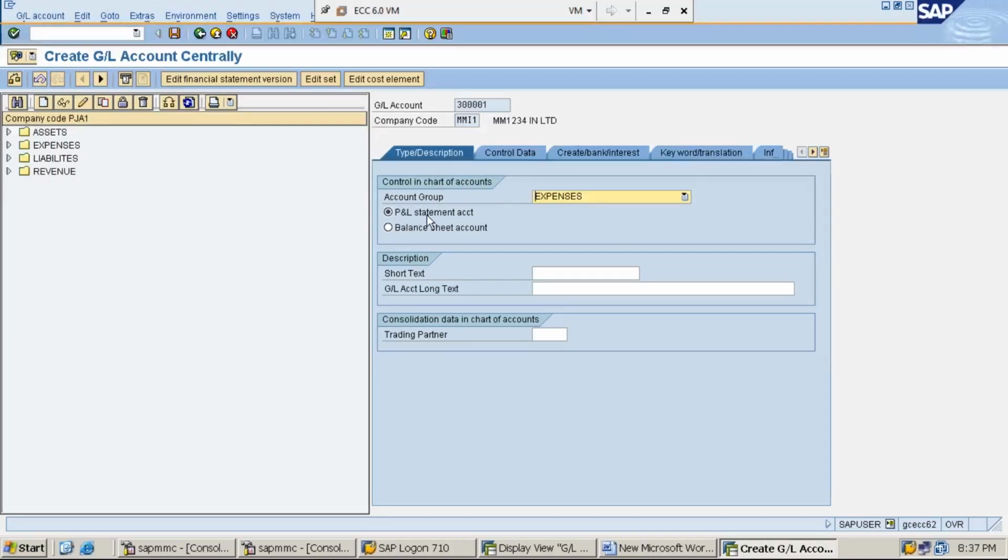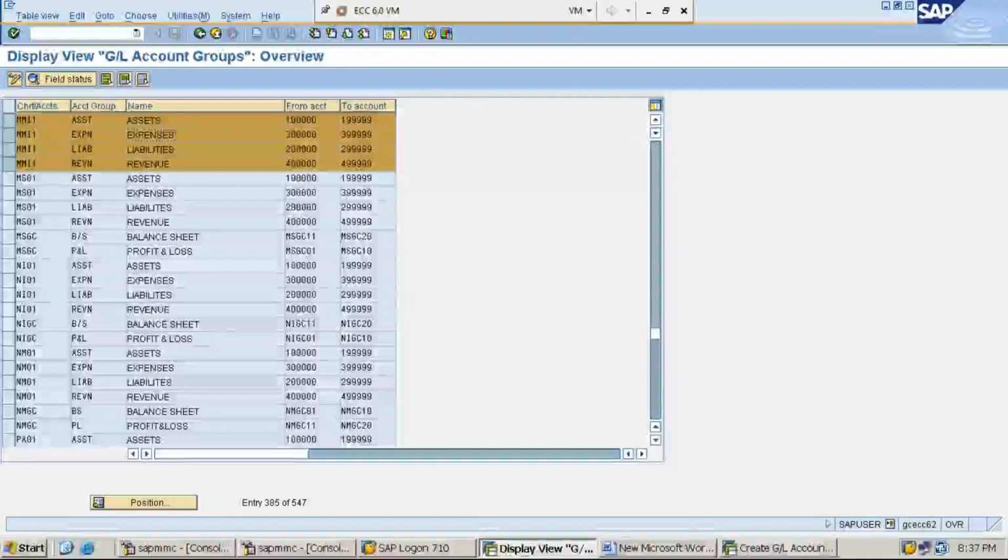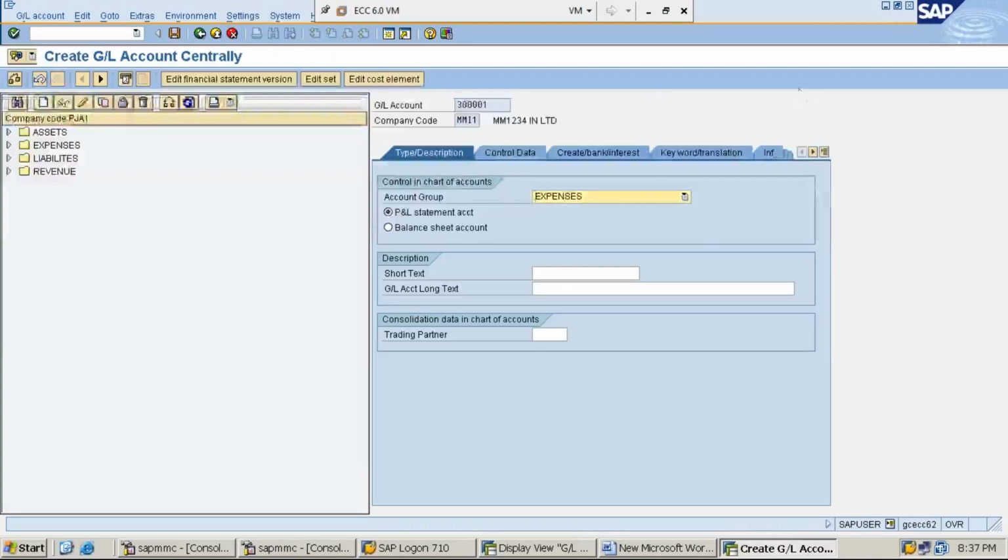P&L stands for profit and loss. Then, assets and liabilities account groups are related to the balance sheet account.